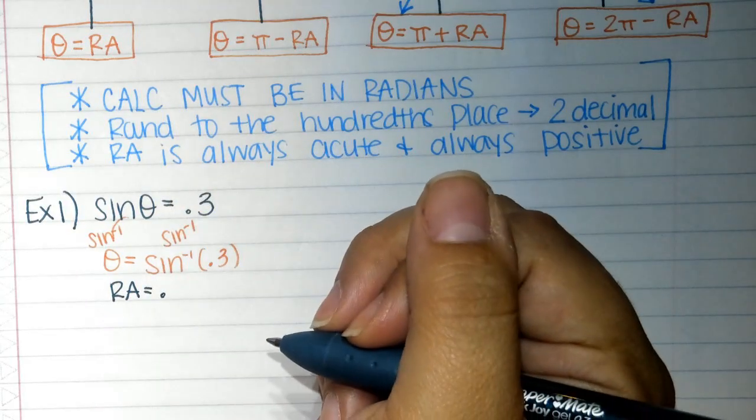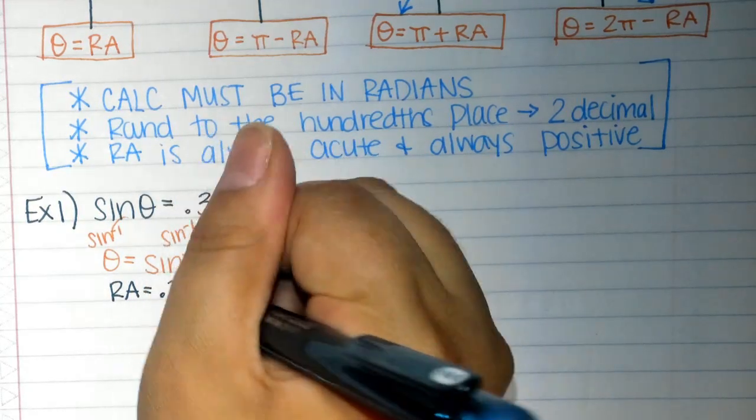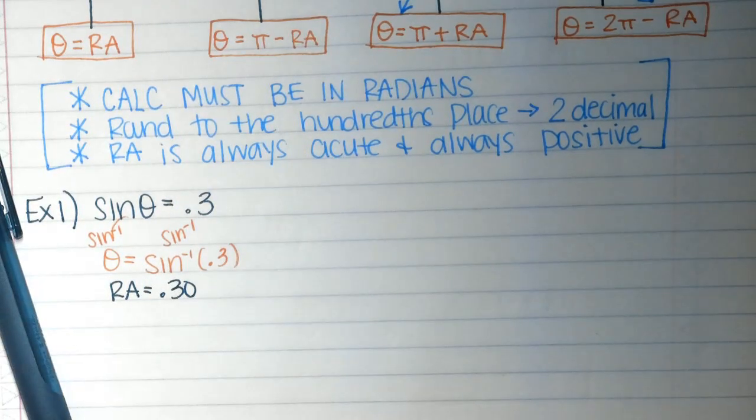Point what? 0.30. Actually, let's call this A equals. I just want to give it a value. I'm going to make it A. I think you could do RA, but I don't want to do two letters. Are y'all cool with that? Okay. Now,